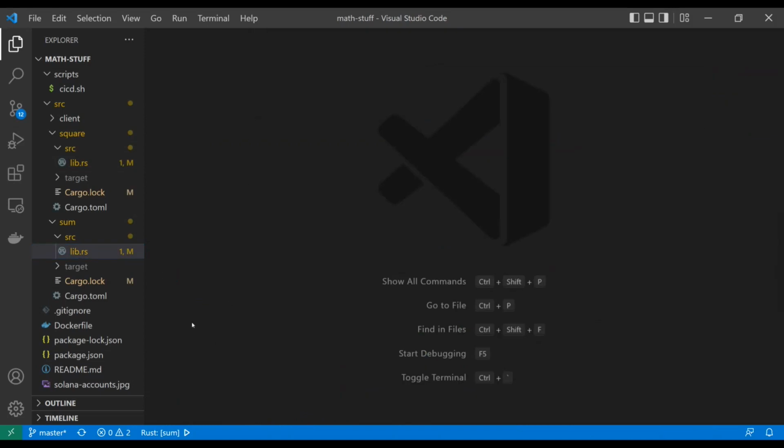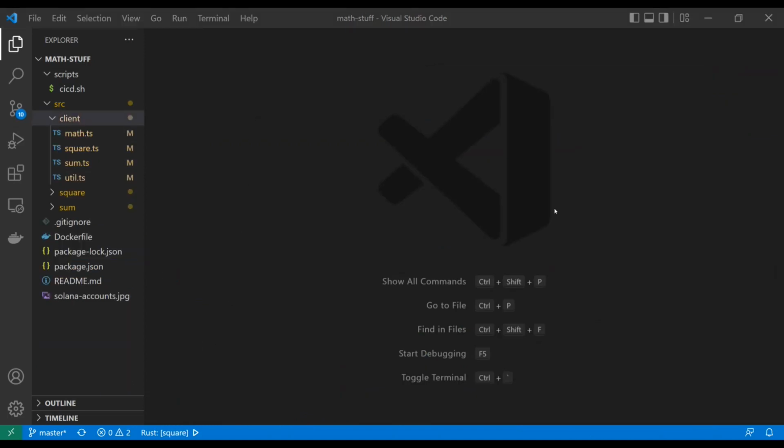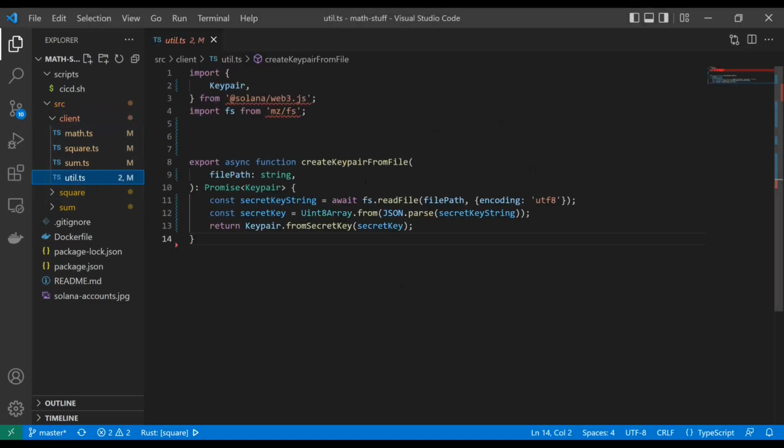Let's go ahead and do that. So I skipped ahead here and I went ahead and created these 4 TypeScript files. And math is really going to be our main one, and we'll come back to that, but we'll start with util. So as you can see, we just have this one util method that's going to be to create a key pair from a file. And all that's really going to do is take a file path to a JSON key pair,